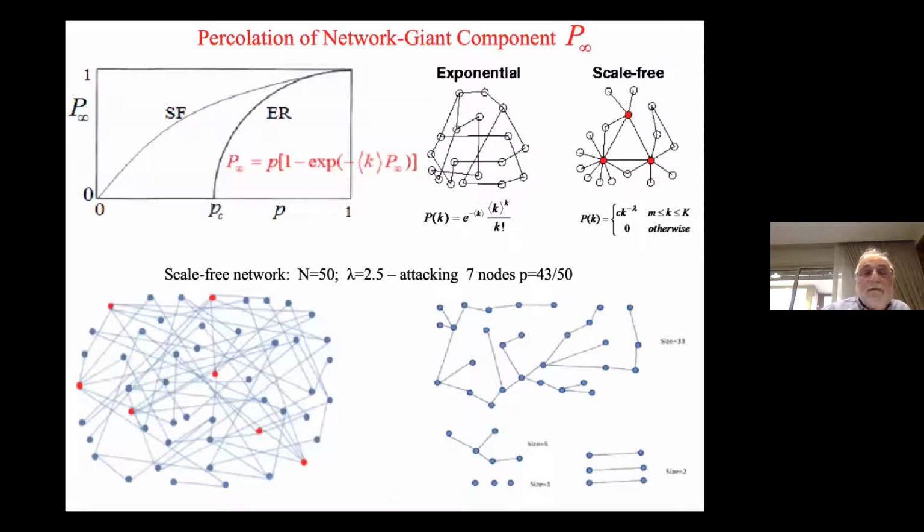And first, let me explain again what happens when you have just percolation of a single network. We have, already for many years, many types of networks, but let's look at two typical types of network. One we call exponential, or the Erdős-Rényi network, which is known